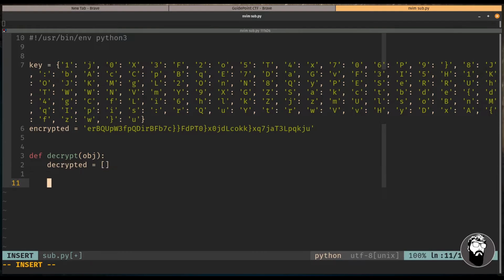So let's see. What we want to do is, for each character in the encrypted string, we want to compare it with the key value pair in the key dictionary. So let's start by saying for c in obj, because that's what we're passing in. In this case, it's going to be the encrypted string. And then we're going to do another loop, and we're going to say for k, v in